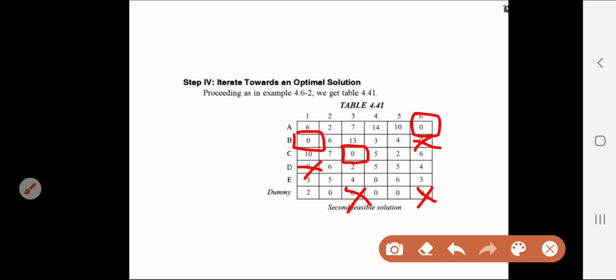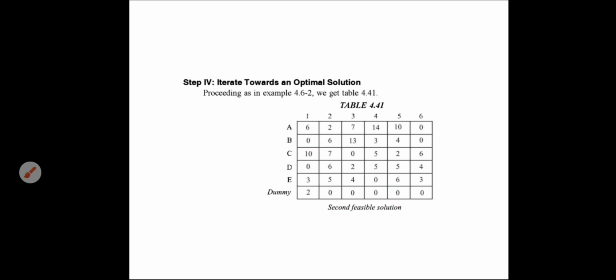Then the fourth, so already it is crossed. In the fifth row, you find a zero here, you make it cross. Okay, and then in the sixth column, you mark here zero, and other zeros are made cross. In this way you can do the assignment. Here also you find only 5 assignments are there. The further procedure is required as it is not an optimal solution.